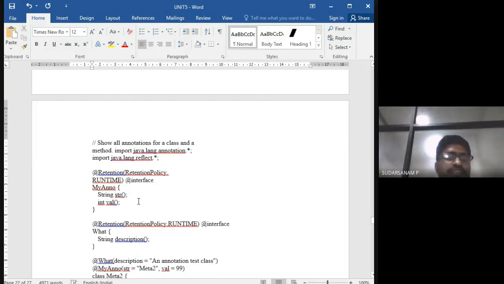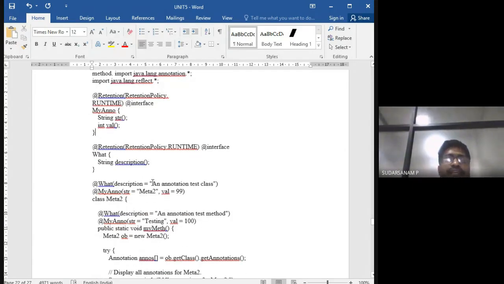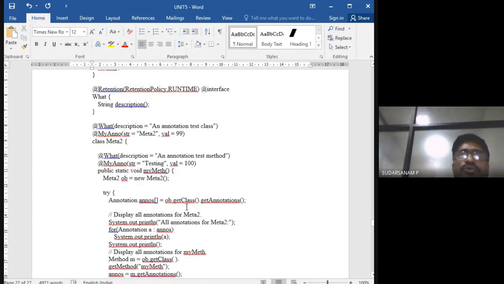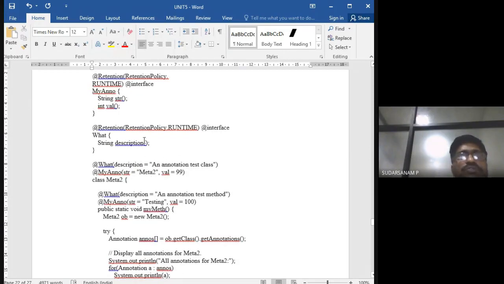Right. So here is the same way of writing, but here we have taken two parameters. You see, previously we have seen with one parameter. Now we have taken two parameters, two values, how to pass them. So first one is the string description we have taken, giving the link for the interface. Second one is the description and the annotations for the test class. So here is the interface we have taken.